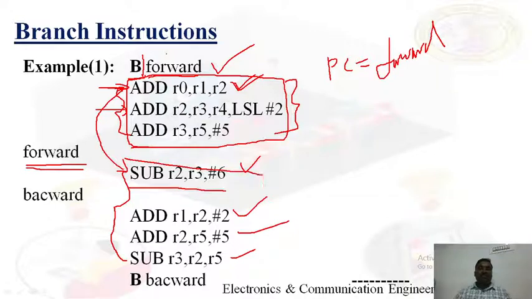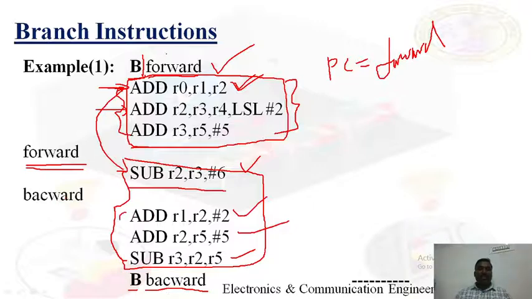Then after these 4 instructions are executed, you look into this B backward. It's a name. You can give any name here. The label name can be anything, but be careful: you have to use the same letters here also, whatever letters we have used. See here, backward is written wrong, the K is missing, but here also the K is missing. You have to use the same word here as well as where to jump, so that the address has the same letters. Then only the match occurs, and this comes to backward.